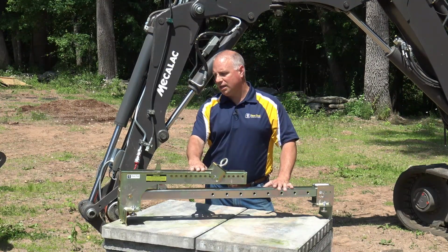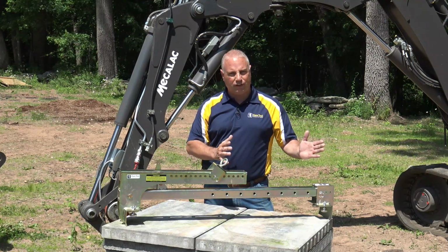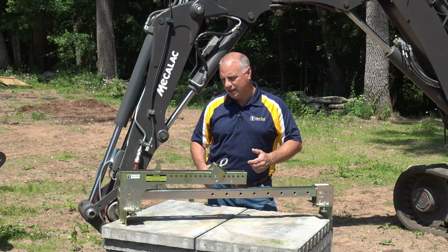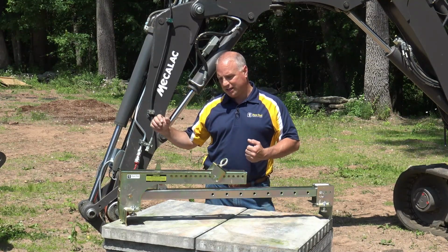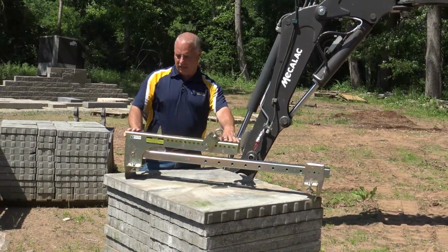So really unique, this is the most inexpensive way to get product in the laying field using an excavator. Today I got the Mechalak MCR6. Great product for getting product obviously to the pavement. So when it comes time to setting up the large slab,